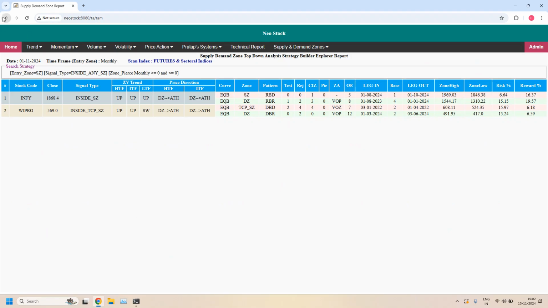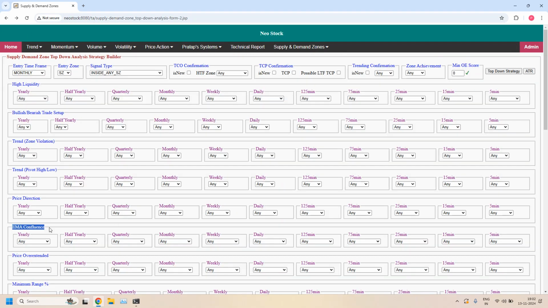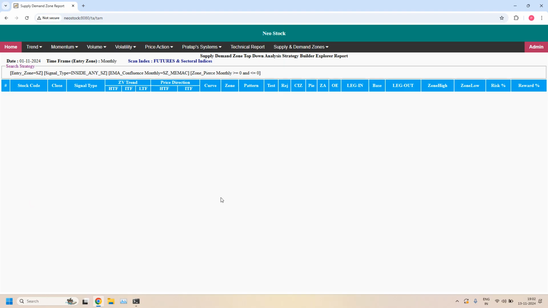Let's check any of these stocks are having a monthly EMA Confluence. Monthly supply zones having monthly EMA Confluence. None of them are having. Okay, next time frame is